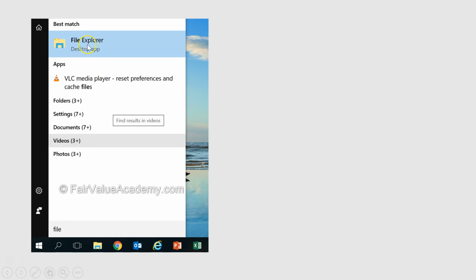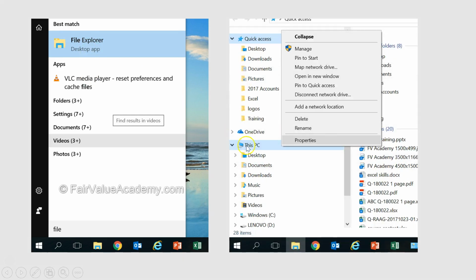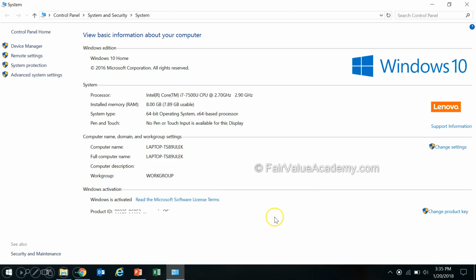You will get File Explorer. Click on File Explorer and you will get this screen. On This PC text, right click and then click on Properties to get this particular bit of information. This is the information about your computer where you see the Windows edition, the system, the configuration. For example, we have Windows 10, the processor is i7, the memory is 8 GB and the system type is